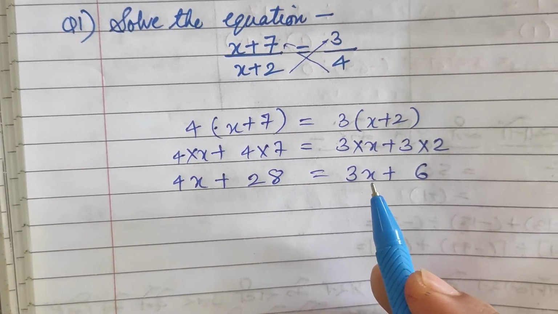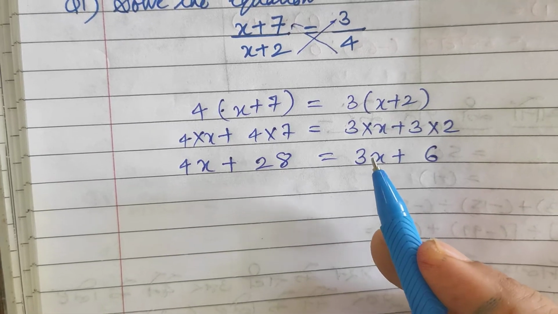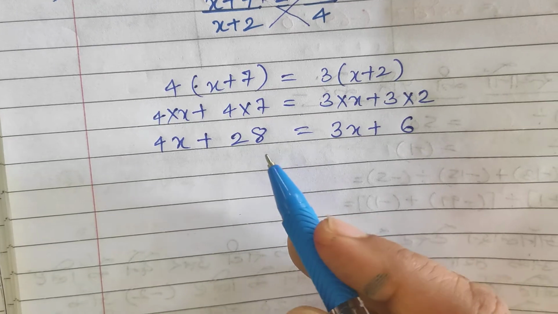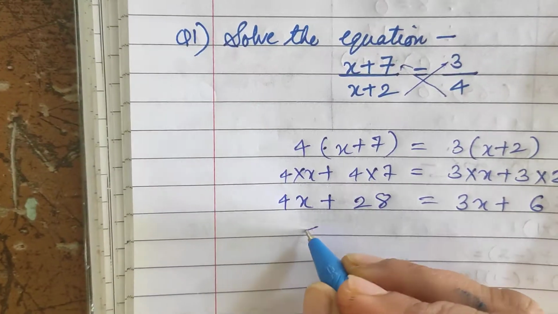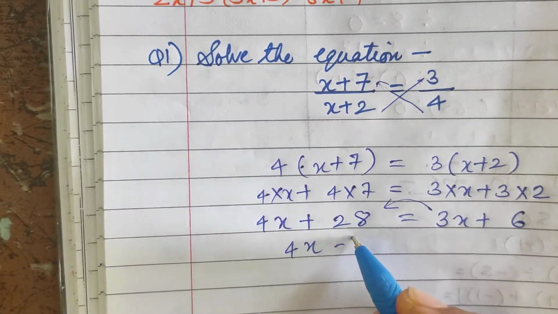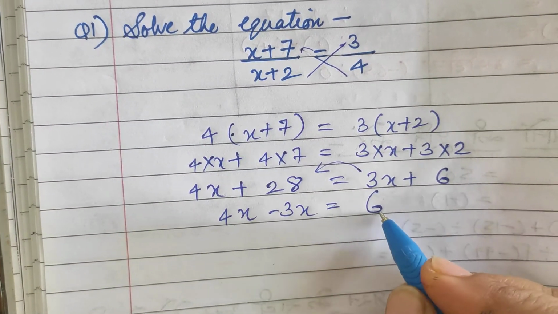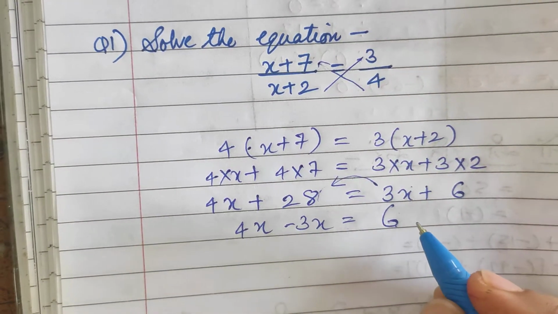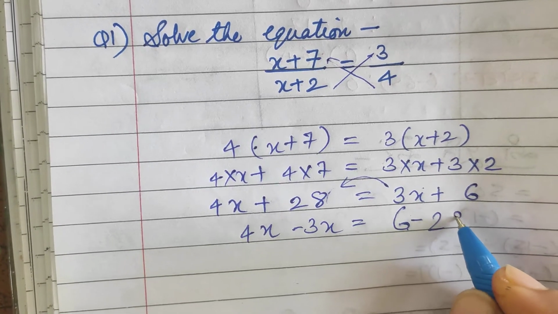Now we did these type of questions on that day, that on both the sides we are having variable. And what we have to do, you all know very well. We will be just transferring all the variables on one side, the LHS, and all the constants on the other side, RHS. So it will become 4x, and this 3x we are transposing, so it will become minus 3x, sign will change. Now 6 is here on the right hand side only, and this 28 we are going to transpose on this side, so plus 28 will become minus 28.